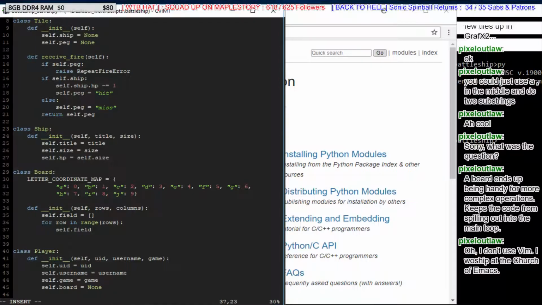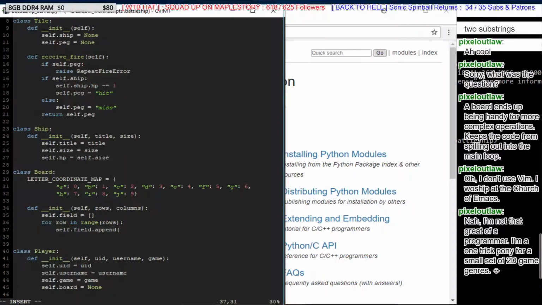So we have an empty array, or empty list, excuse me. And for each row in the range, we want to make a new array of length columns, right? Excuse me, a new list. So that'd be self.field dot append, I think, in Python. You append a new list, right? You want a list of tiles. So we want like